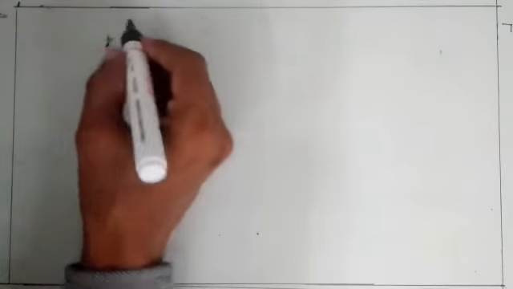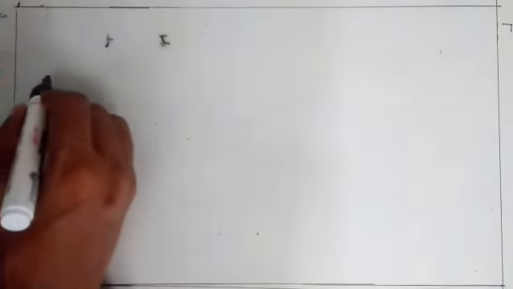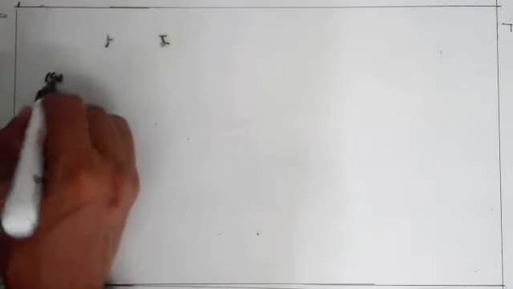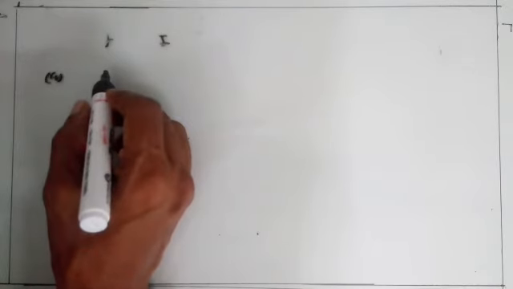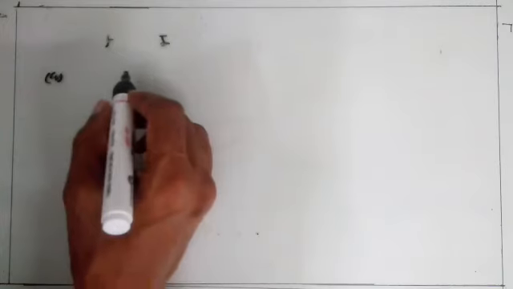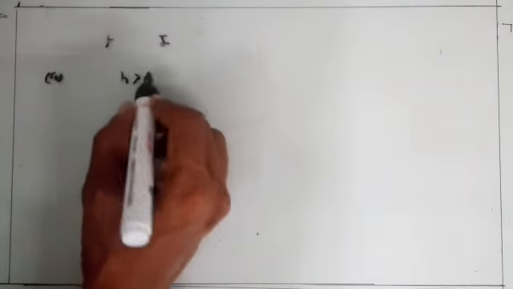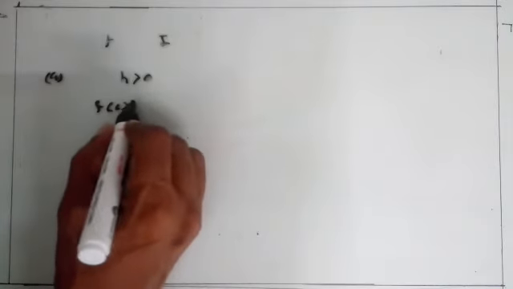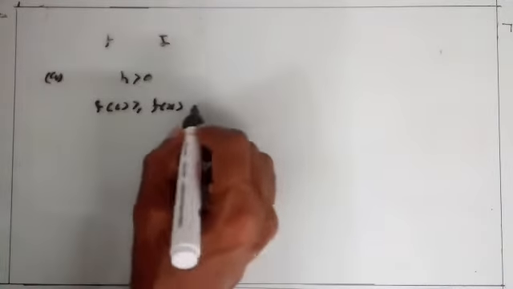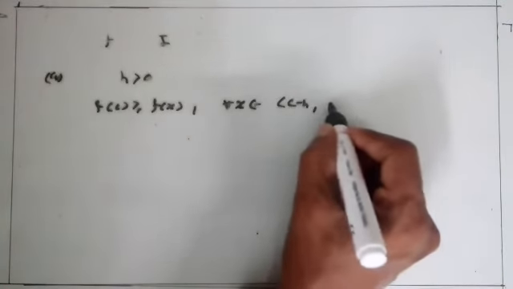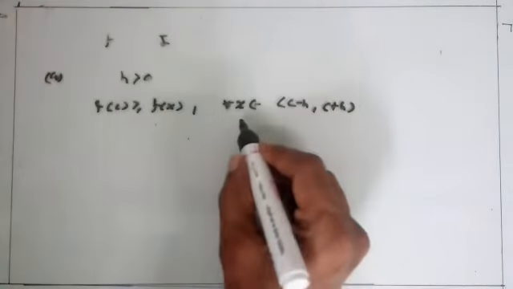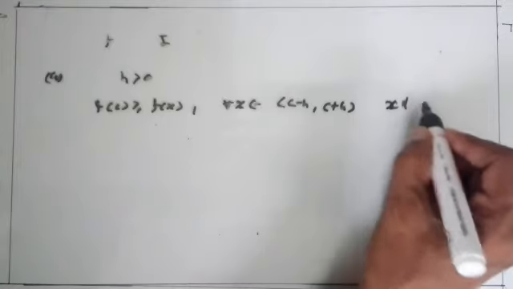Now local minimum and local maximum. If f is a function defined on interval I, and for C belongs to I, C is called the point of local maxima if there is h greater than 0 such that f(c) is greater than or equal to f(x) for all x belongs to (C minus h, C plus h). Here x is not equal to C. Remember this, x not equal to C.